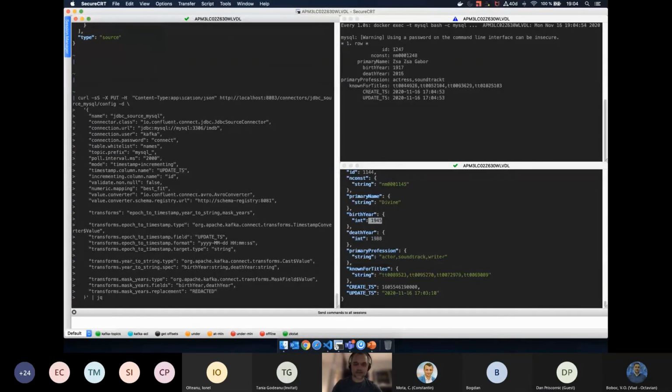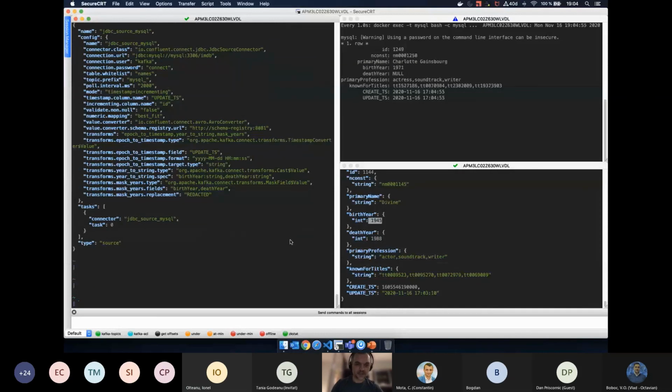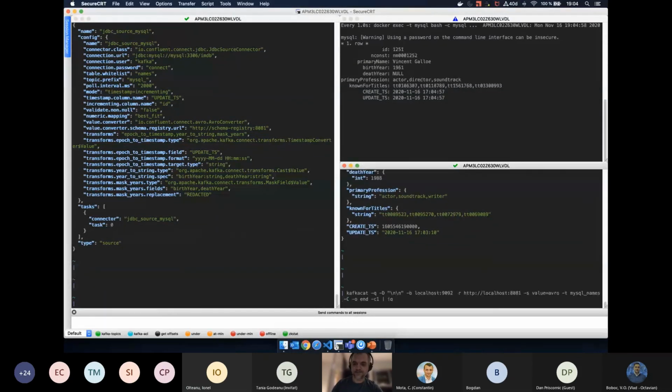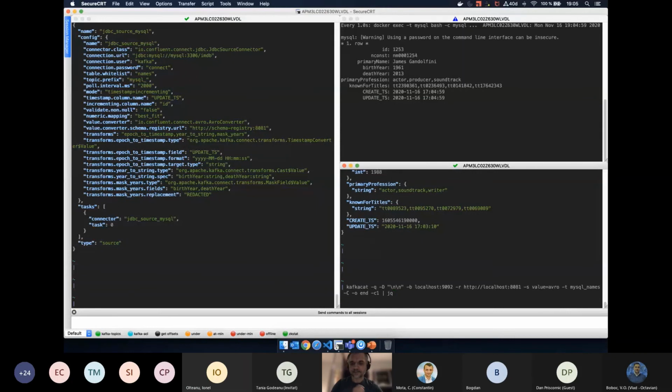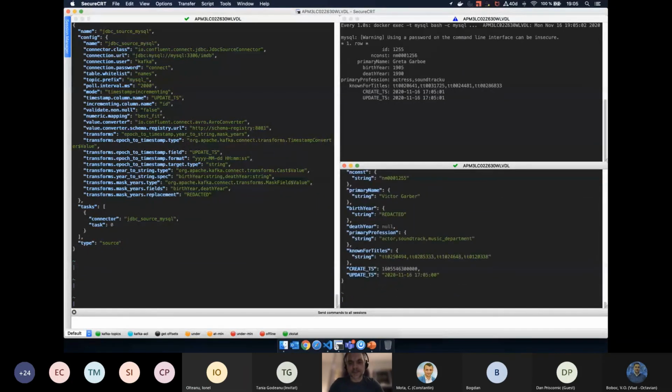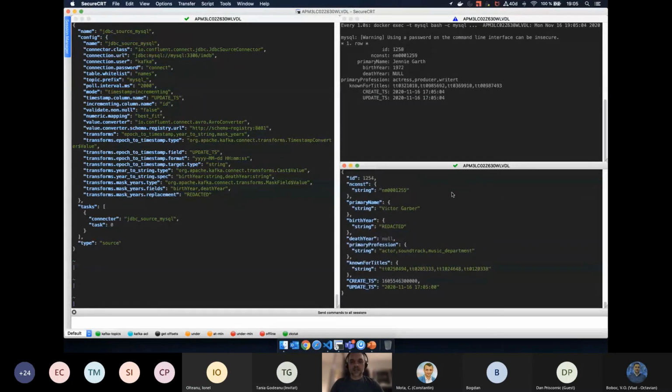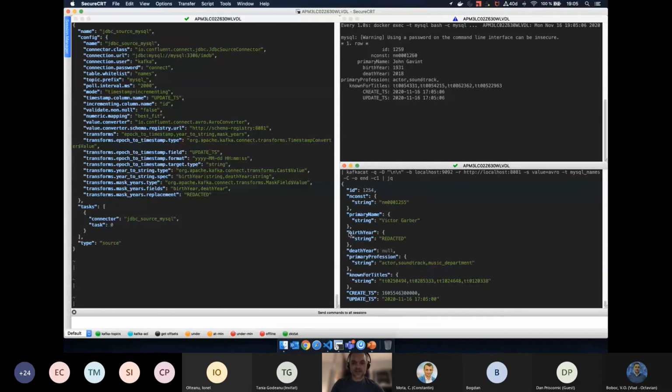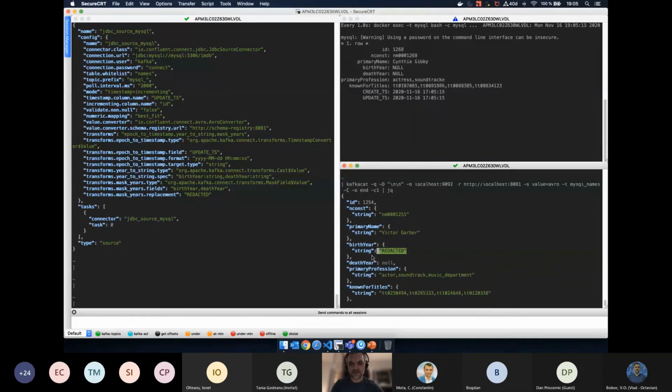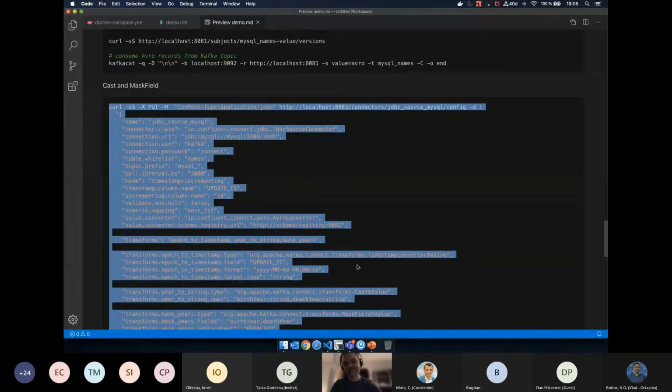And let's change our configuration for the connector and consume. Now we can see that birth year, the data type is string and the value is redacted. For this specific record, there was no death year and the value is null.